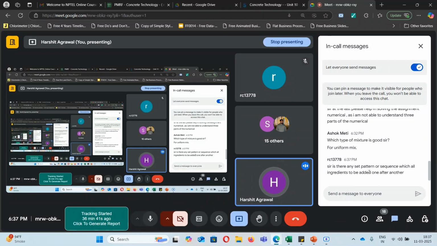Generally, we add the dry ingredients first, then we do a dry mixing, and then we slowly add the water and do the wet mixing. Chemical admixtures are not added separately. They should be mixed in water and then added. So first we add all the dry mix, mineral admixture, aggregate, cement, everything, and then we add water. Chemical admixtures we add by dissolving in water, not separately. Suppose you're adding 1% SP, say 20 grams. You won't add 20 grams of SP separately. You need to preserve some water for SP, dissolve your SP in water, and then add it to the concrete. So generally it is the dry part first and then the water and SP part.